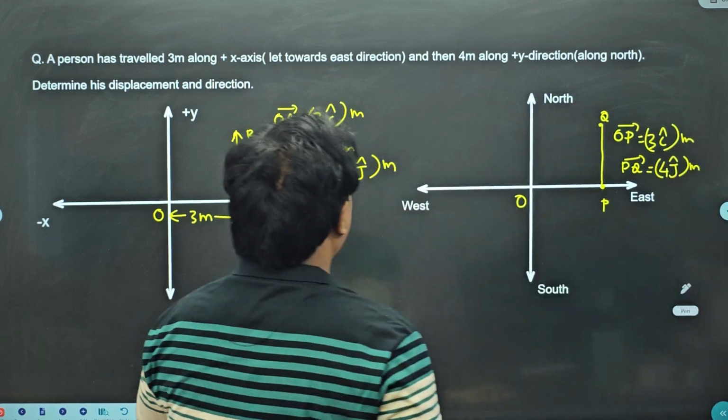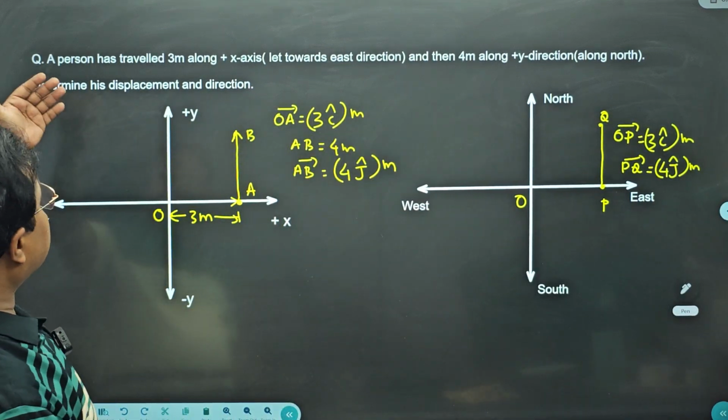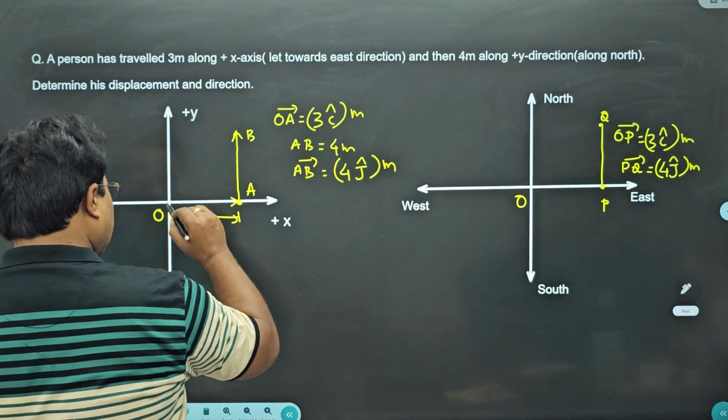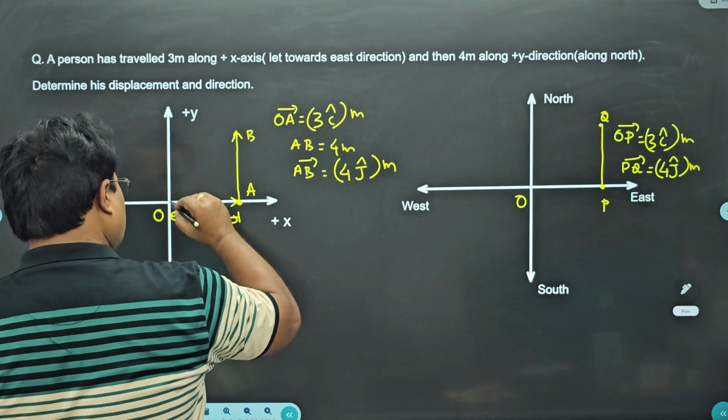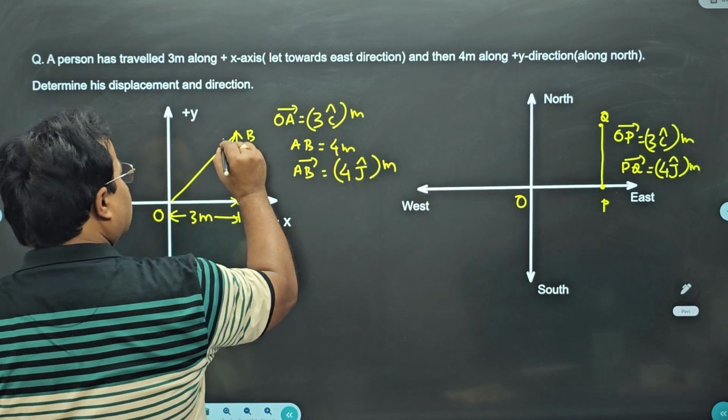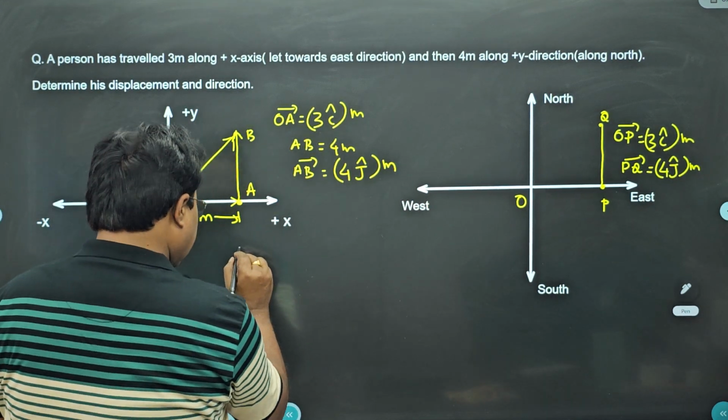Okay, my dear students. Now the question is, determine his displacement and direction. What is displacement? Displacement is the shortest distance between initial position and final position, and direction is from initial position towards the final position. So here displacement is,